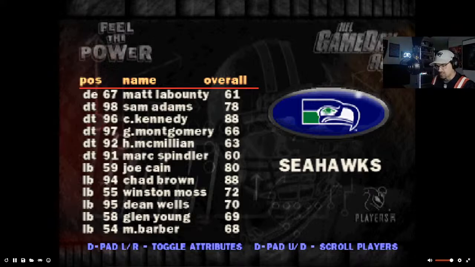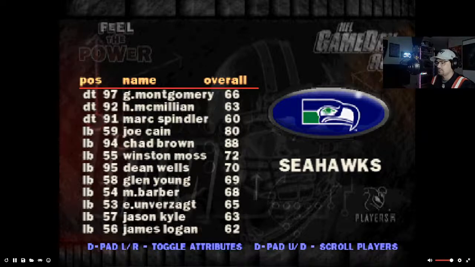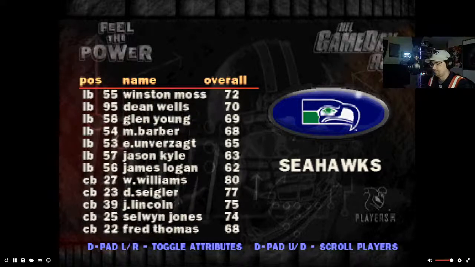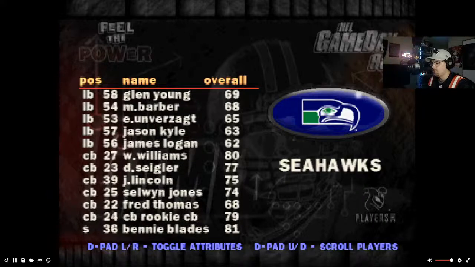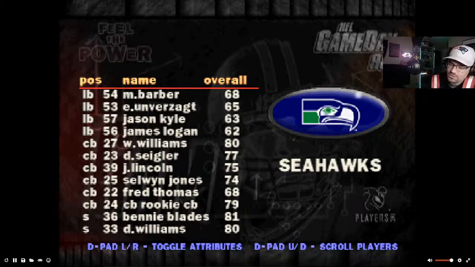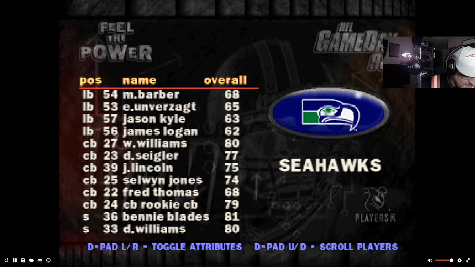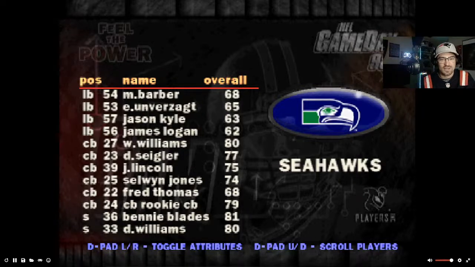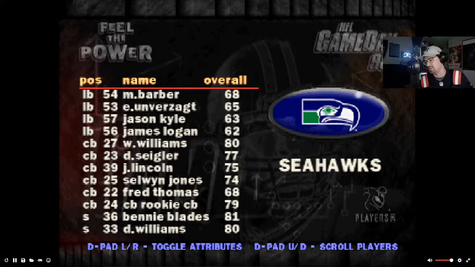There's no one going to be here from their Super Bowl winning team, without a doubt. But they have a cornerback. Who is this rookie cornerback? I'm interested in seeing that. I always love these games because sometimes some things happen. Have you ever watched some of the videos from old school Maddens where they have players who don't have their names in the game? And so you always kind of want to figure out who they were.